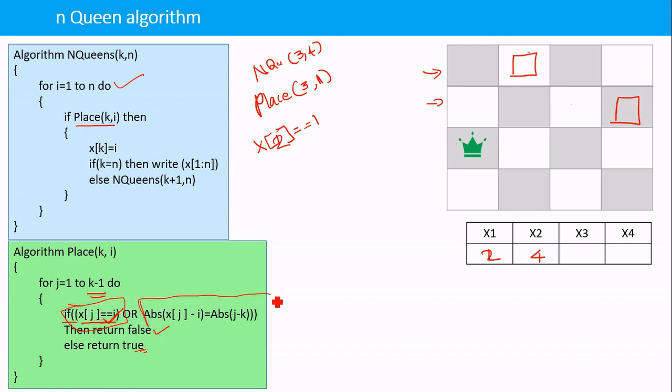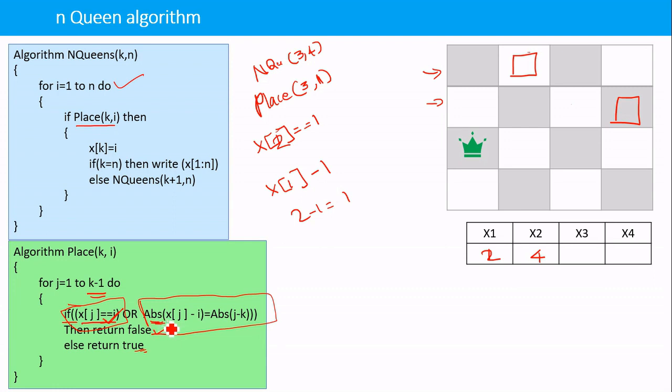Now this part is going to check whether the diagonals are already occupied or not. When j is equal to 1, we are checking the absolute value of x of j minus i, that is x of 1 minus i, where i is 1. The value of x of 1 is now 2, so 2 minus 1 is equal to 1. We are taking absolute values because sometimes we will get a negative value, so we ignore the sign.